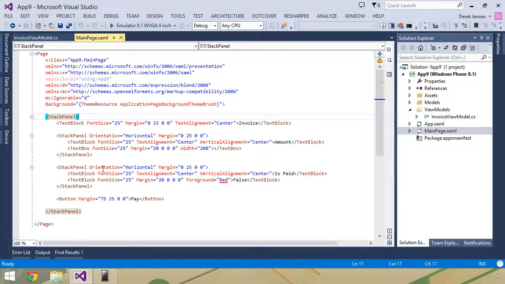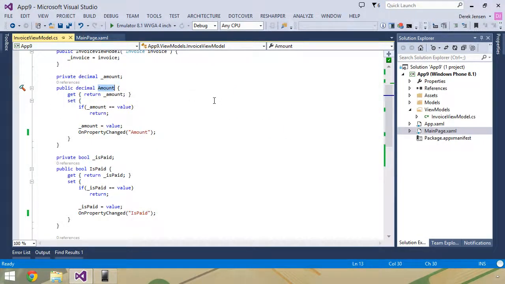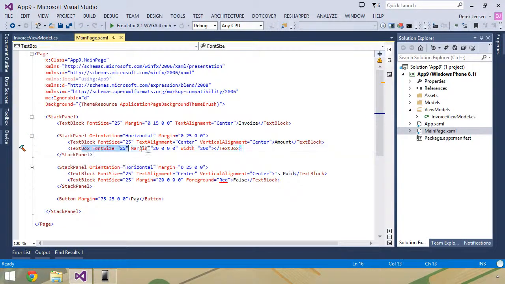So as you can see here, we have our TextBlock to start with, and that's really not going to change. It's going to say Invoice, and that's going to be the end of it. So once we come in here to our TextBlock, that's just some static text that's going to be Amount. But the first place where we actually want to inject some data without having to specifically state what it is going to be is this TextBox here. So I want to be able to stick a value into this TextBox based on what's going on in my invoice view model, and ultimately this Amount property here. So that's what I want to be able to set within my TextBox right here.